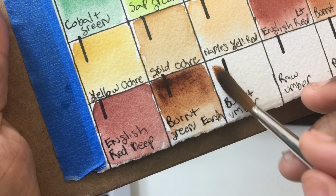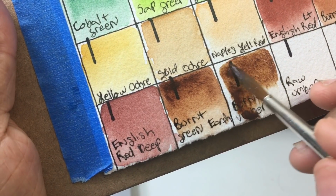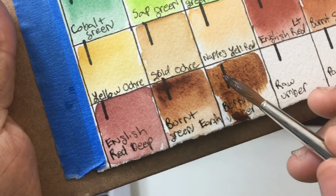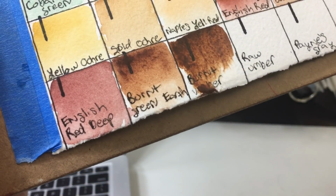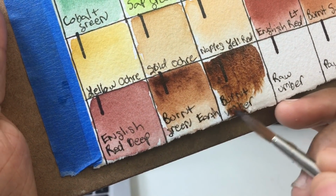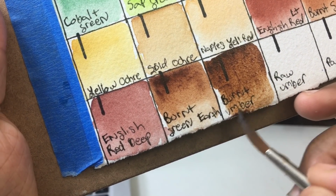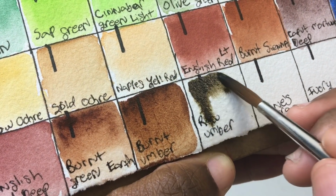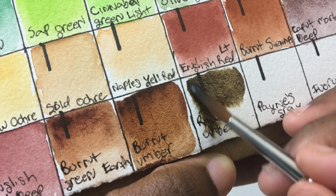The next one is called Burnt Umber, but as you guys who've been following me for a while, you know how I feel about my Burnt Umbers and my Burnt Siennas and my Raw Umbers and my Raw Siennas, and that I want them all to be PBR 7 because of the way that I work. It just makes my life a lot easier if they're all PBR 7, because I use them interchangeably, which is cheating, but that's what I do. Anyway, this one was PY 155, PR